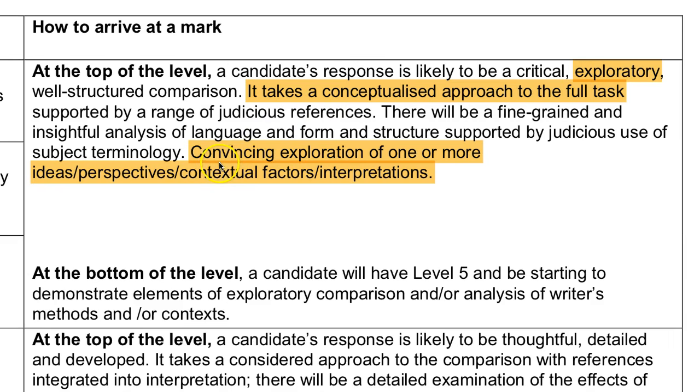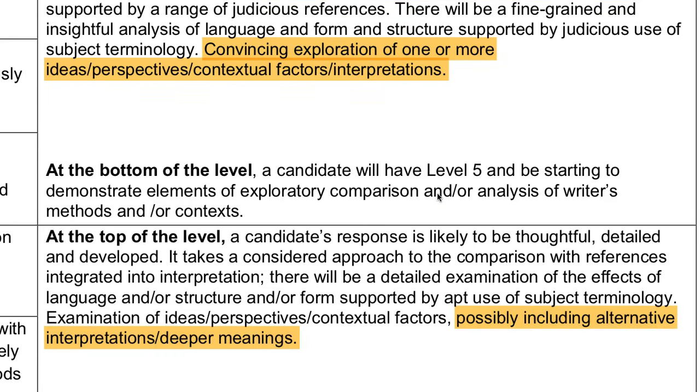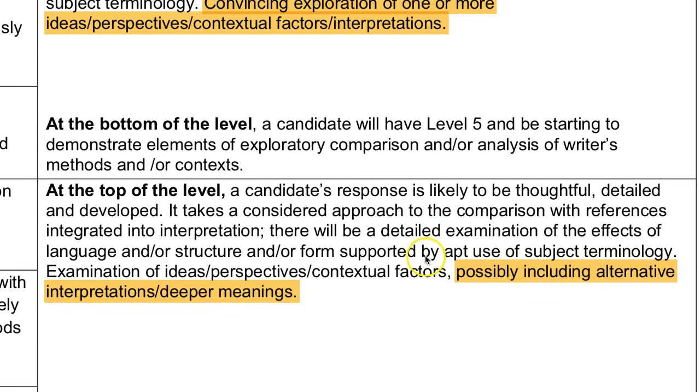Right, now we come down to this. We have to have a convincing exploration of one or more ideas. Well, whose ideas? The poet's. Therefore, we have the poet's purpose. So you can see the comparisons you're going to get in this video are forcing the examiner to want to put you into the top band. Well, loads of you will be saying, come on, Mr. Salles, I'm not going to get a grade 8 or a 9 straight off. Well, perhaps, so let's look down at grade 7.